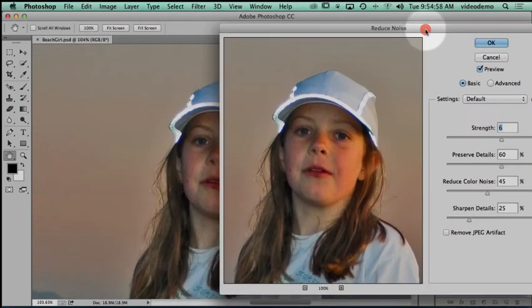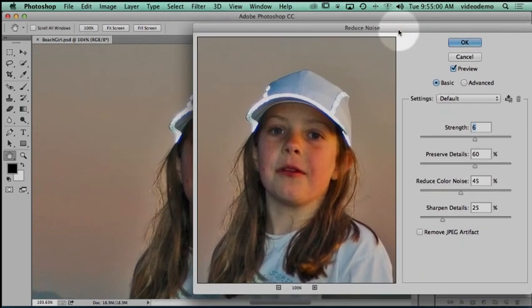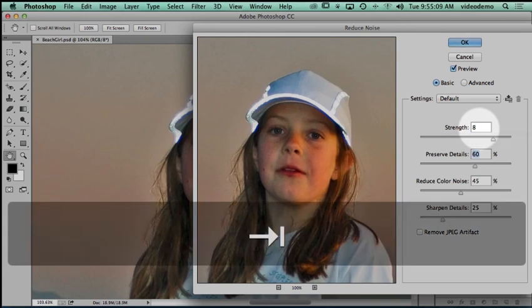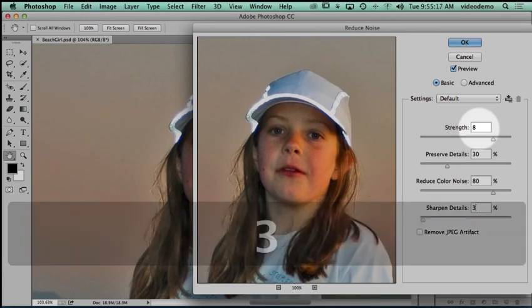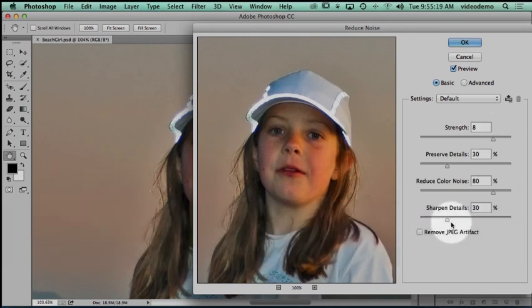And we'll change a few of these settings as well. So let's see, the first one will be 8. I'll just type these in, 8. And to go to the next field, I hit the tab key. I go 30, hit the tab key, 80, and 30 for the last one. And we're going to leave the remove JPEG artifact off. And you can see,